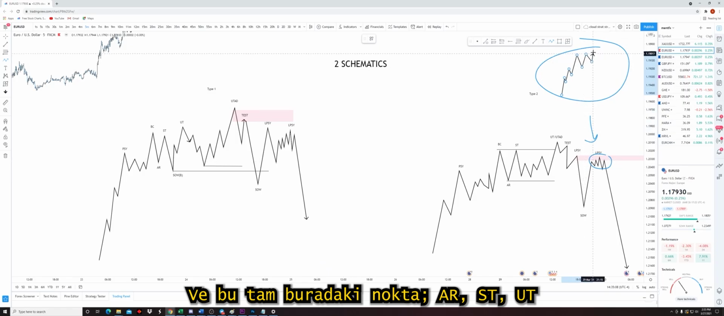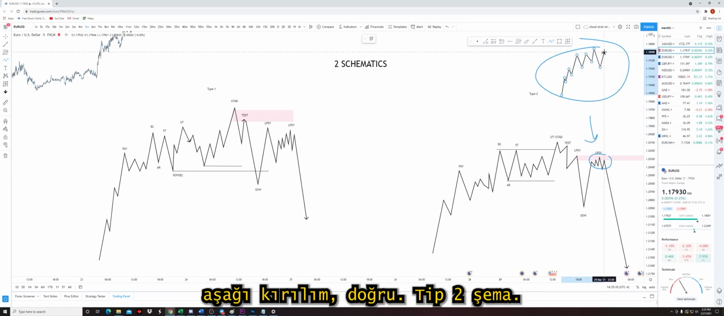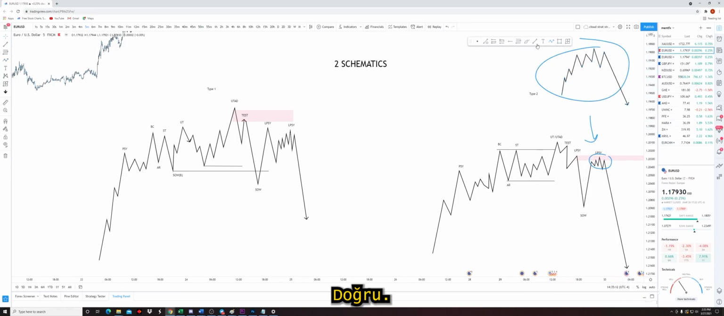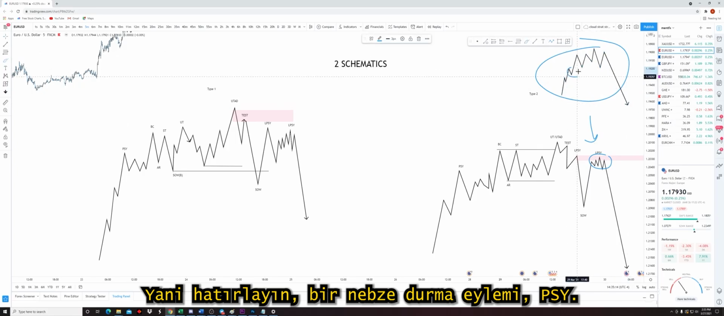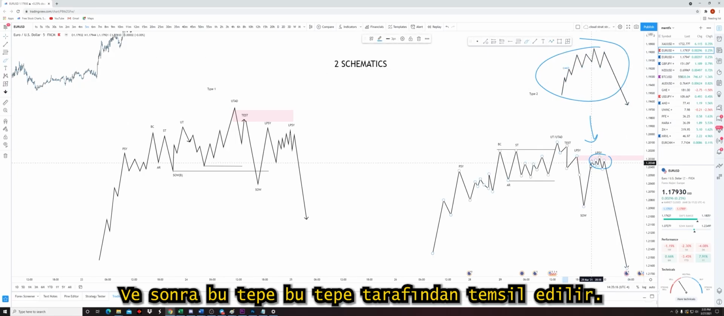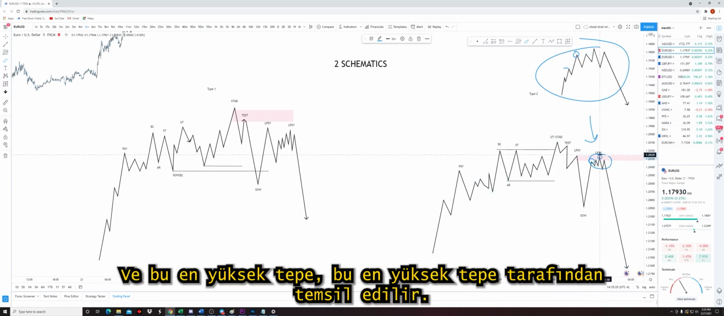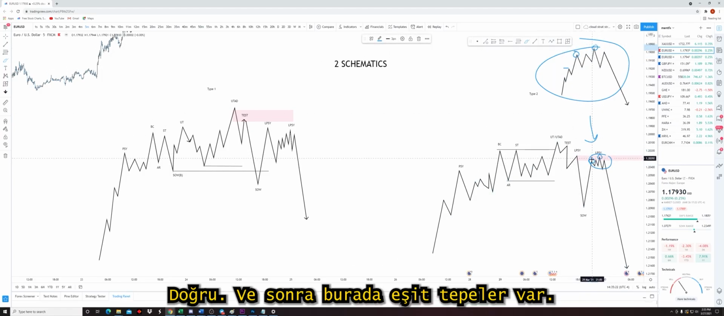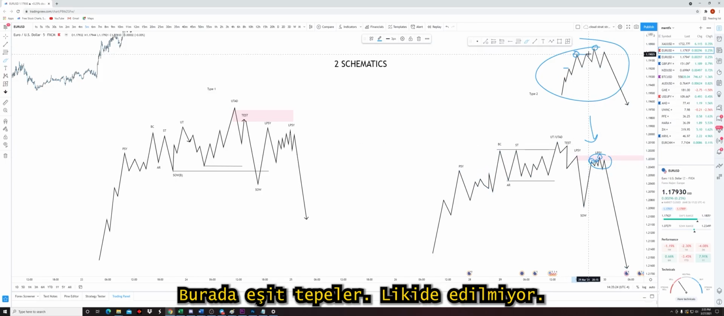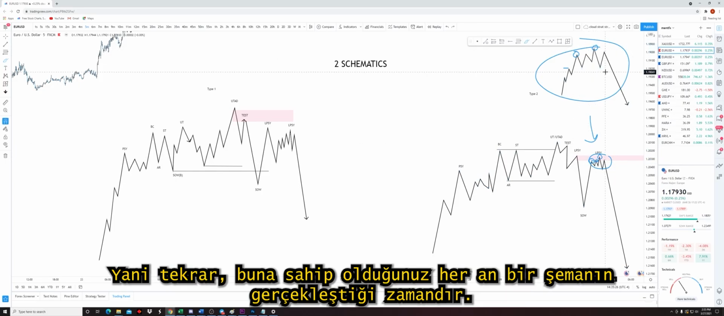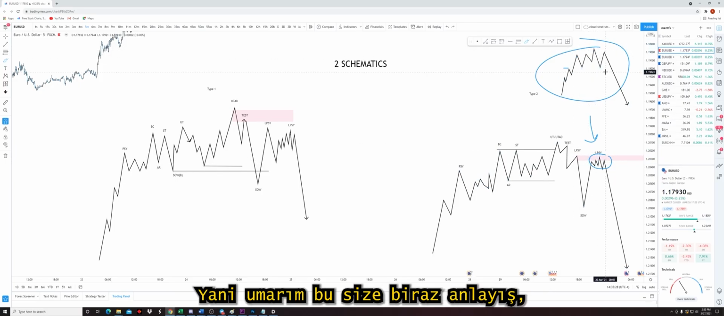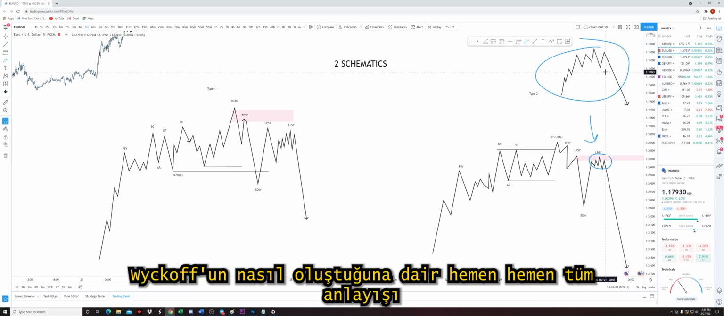AR, ST, UT, breakdown, right? Type 2 schematic, right? So remember, somewhat of a stopping action, PSY, and then this high is represented by this high, and this highest high is represented by this highest high, right? And then there's the equal highs here, and that gets liquidated. So again, anytime you have that, you're having a schematic occur. So hopefully, this gave you a little bit of understanding, pretty much all understanding, of how Wyckoff